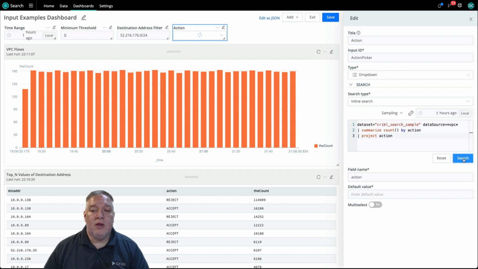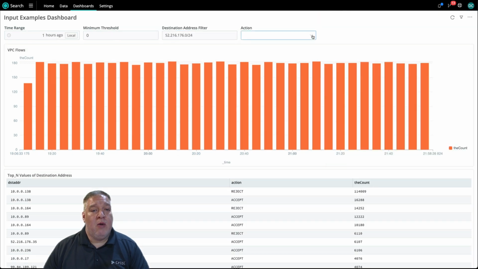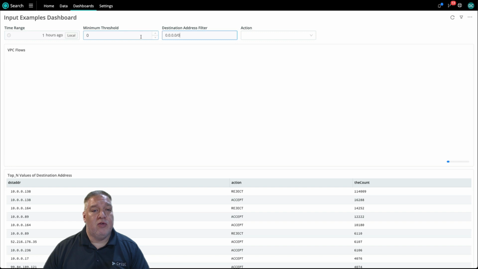Now you'll notice when we hit a search, we see a spinning cursor in the action field. And so that's actually going out and fetching the values. So now you actually see that we have that accept and reject populated there without us having to type it explicitly. So we'll just hit save, we'll hit exit, and now we'll have our completed dashboard. So here we can filter via time range. We have a minimum threshold, which is a number. We have a destination address filter, which we can populate, and we have actions that are populated solely from the values in the data. So we should be able to put this back to all addresses, minimum threshold of 0,